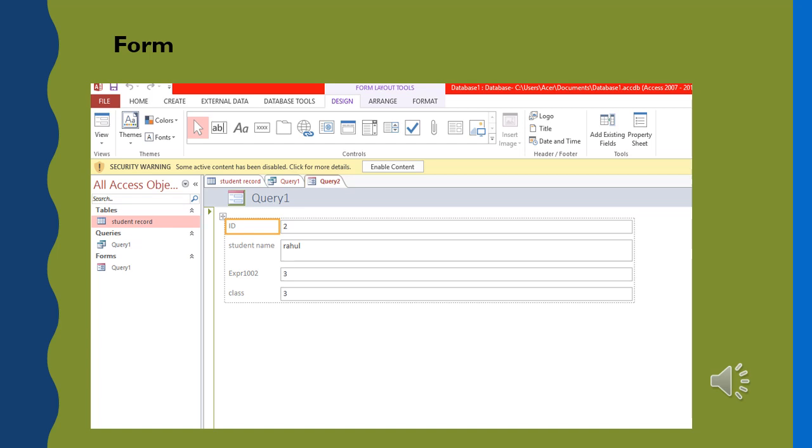Forms. Forms are used to enter, modify and view records in the database. Forms allow the users to interact with the database. They help us to enter the data easily and accurately. They are very user friendly, unlike tables, which are sometimes confusing. Forms help us to enter data into multiple tables at a time. They help us to keep data consistent and organized.